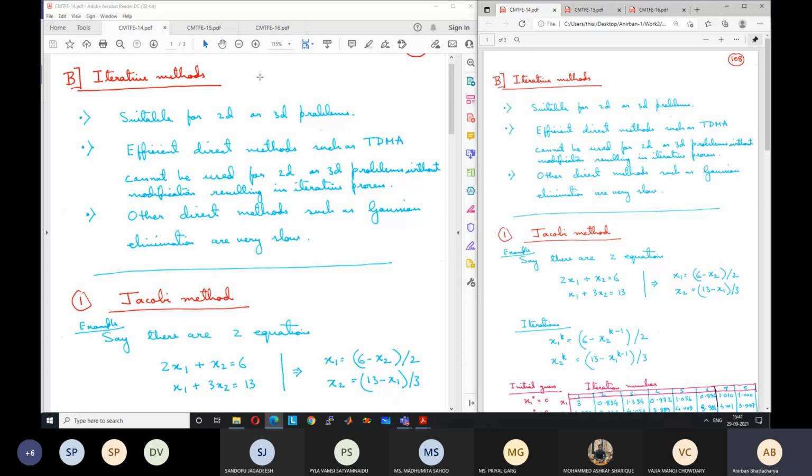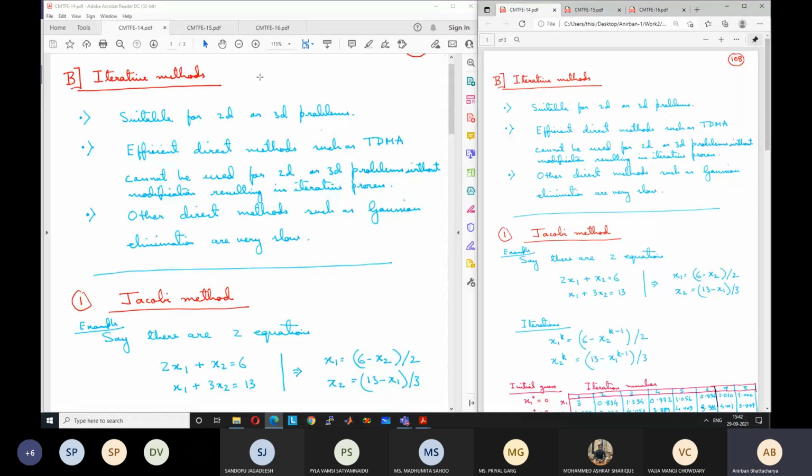Sometimes what happens if you use commercial software, which you may be using later for your projects, you do not even try to see whether convergence is occurring. By default, there are some 20 iterations or 50 iterations given, and after 50 iterations, we go to the next time step. So within those 50 iterations, the solution may not converge. For very nonlinear problems, it may take 1,000 iterations to converge. So it depends on the problem, and we have to see whether the solution is converging or not.